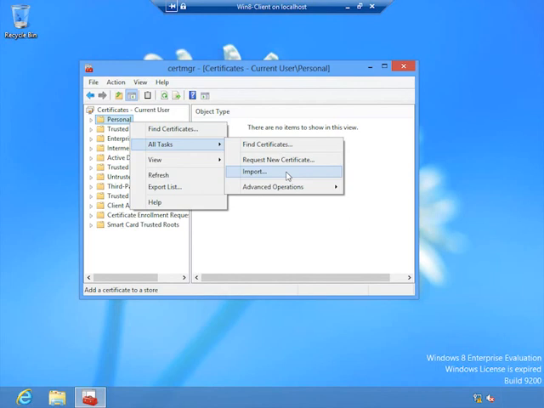Now what I don't want to do is go request a new certificate, because if I do, I'm issuing an entirely new request to generate a certificate to the CA. The CA manager is going to call me and say, hey, wait a minute, I think you just got a certificate of that sort. Why are you asking for another one? I want to import the one that I already have, which is to say that's existing in a file on